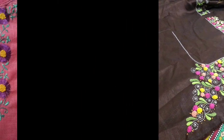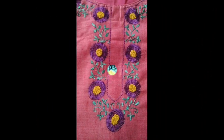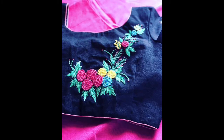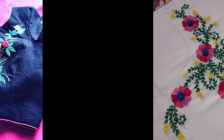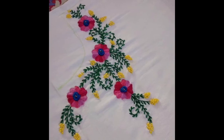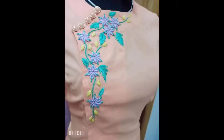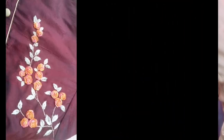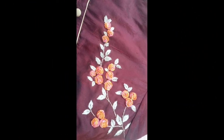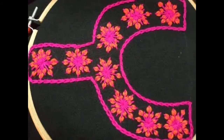All of these designs are very easy. They are absolutely favorable for beginners to take a fresh start by designing very easy yet designer style side neckline design ideas. Beautifully designed different patterns and different combinations of side neckline design ideas have been shown,